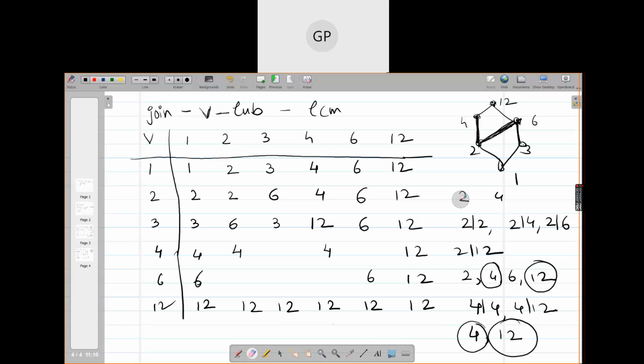So what is their upper bound? Their common upper bound, can you see? Common upper bound इनका कौन है? Where they are meeting for the first time in the diagram? 12. Now what about 4 and 6? Similarly, 4 and 6 are also non-comparable. They are meeting at 12. And now you can just fill in the remaining spaces by this sixth column. इस 6 के कॉलम से आप फिल कर सकते हो. 6 2 is 6, 6 3 is 6, 6 4 is 12.